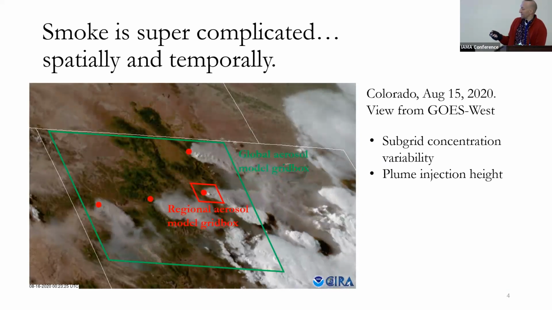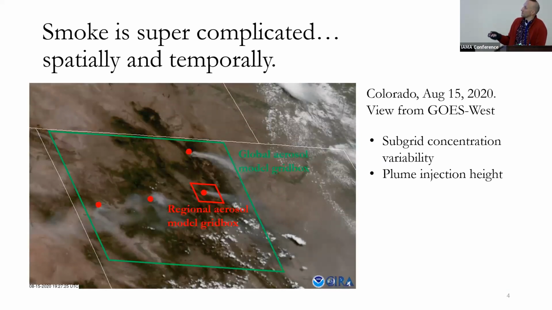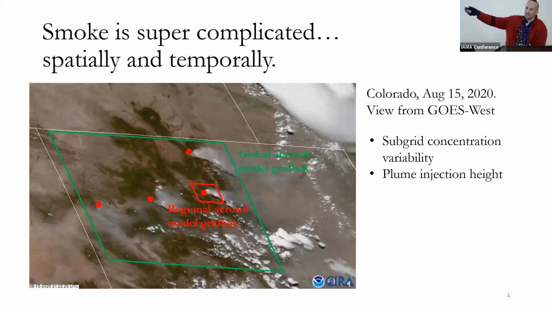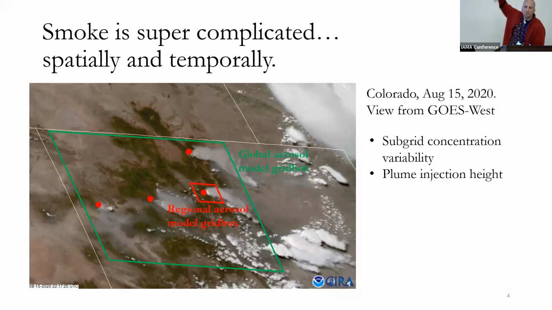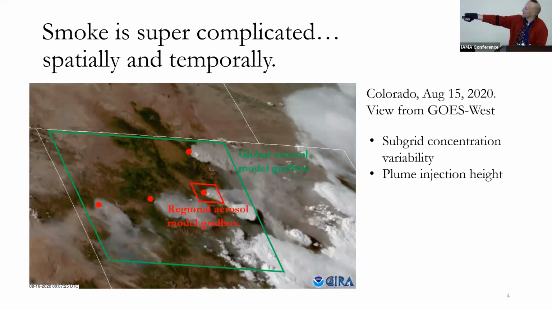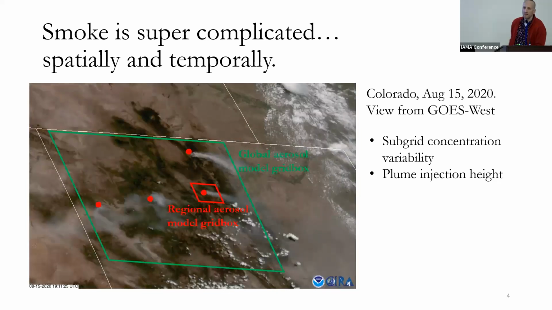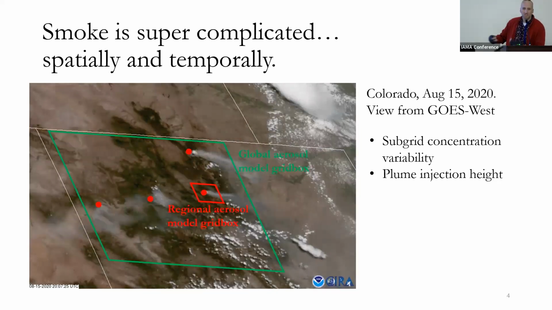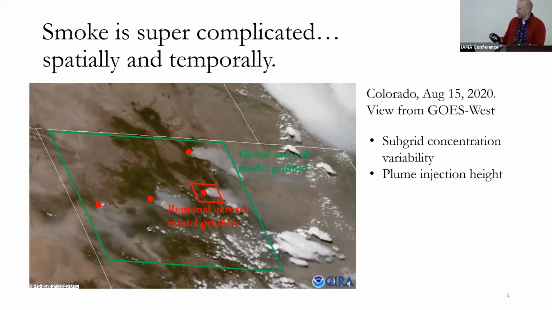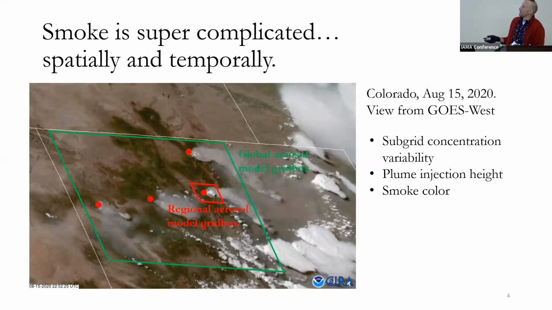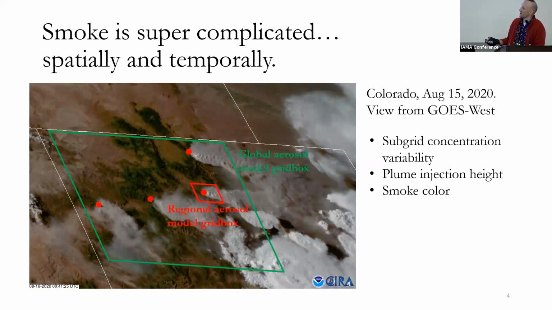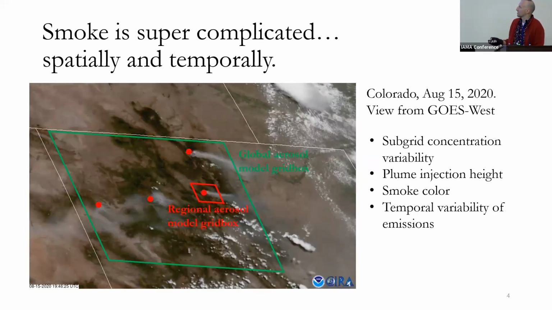Plume injection height is also really challenging to get in models, and we'll look at this a bit more, but you can see throughout the diurnal cycle, every now and again, these fires will burp something up into the free troposphere, or upper troposphere. I'll point out, you can actually see one right there, and you can see the shadow beneath it. It's wild. But a lot of the time it's emitting smoke into the boundary layer, so it's at the surface, but how do we even get that? By color, you can see the smoke's kind of gray. Sometimes it looks whiter. That could be because there's a cloud on it, but representing that right is challenging.